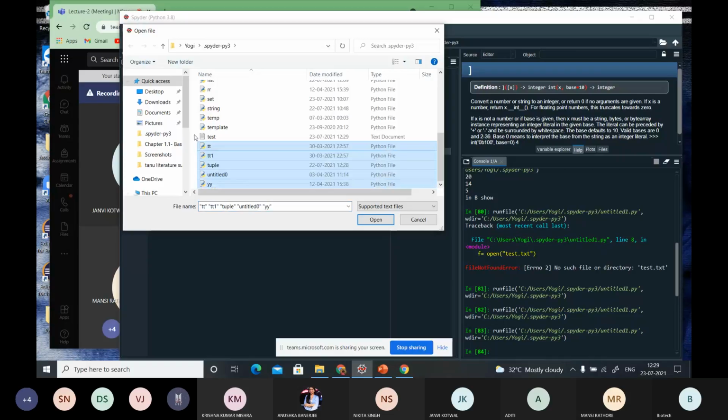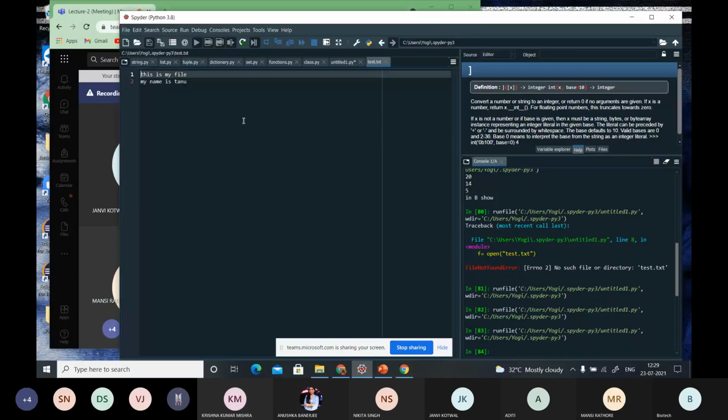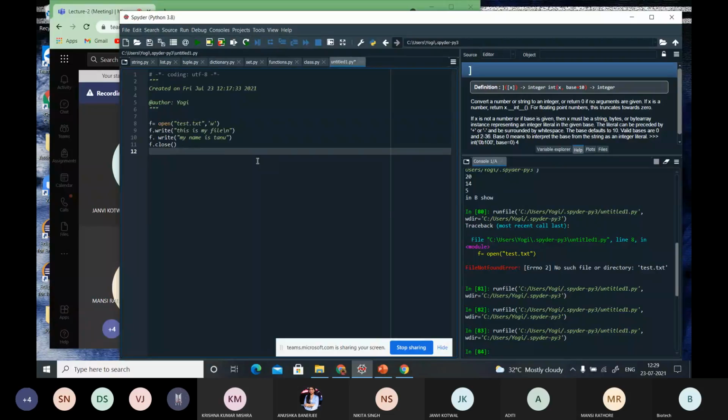Yes, this is the information stored in my file after closing the file, right? So we can open the file, perform some modification, and then close the file, and you can check in the directory that the information is present in the file. I hope you are clear now. So open is done, write is done, close is done.